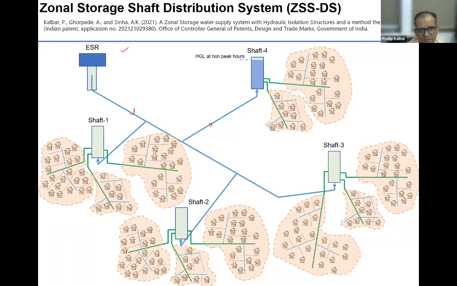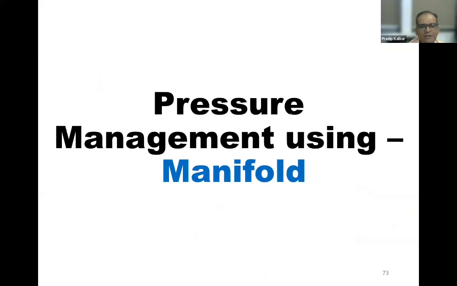The beauty of this is that we have the flexibility in the system. So the HGL will be decided by the system. As I told you, nobody can predict the demand at a particular hour. So the shaft gives you the HGL adjusted hydraulically and automatically by the system. This we want to scale up at a very large scale.